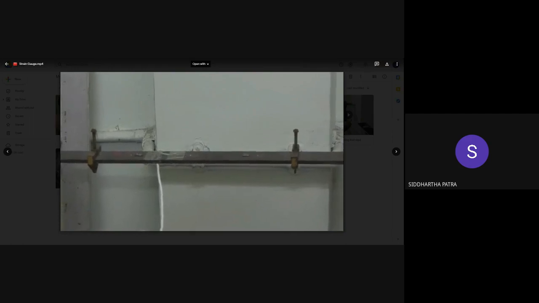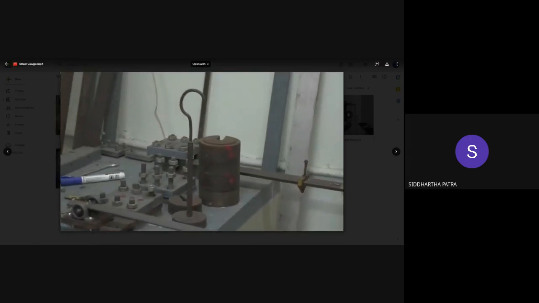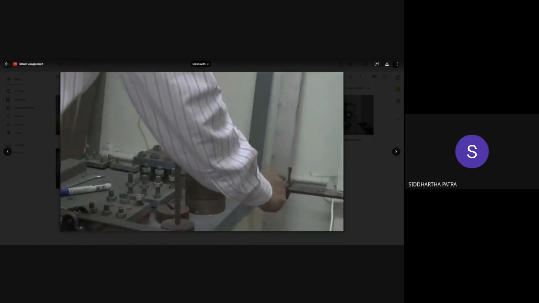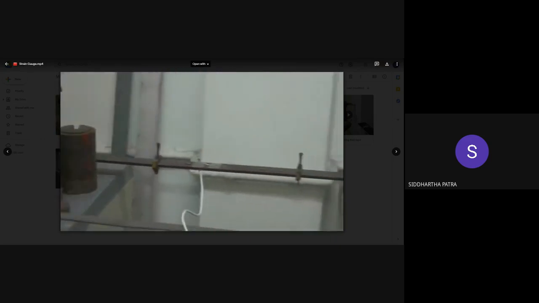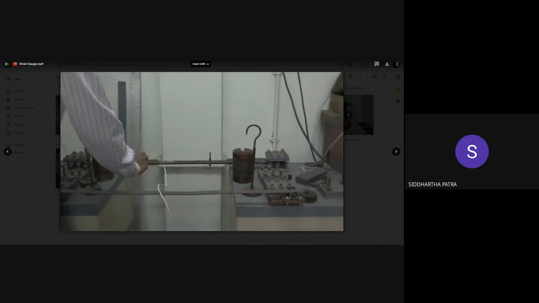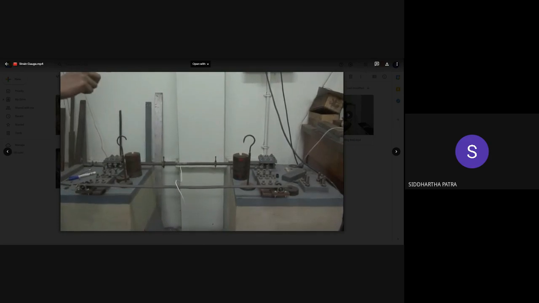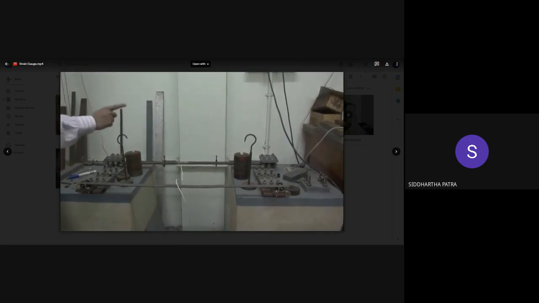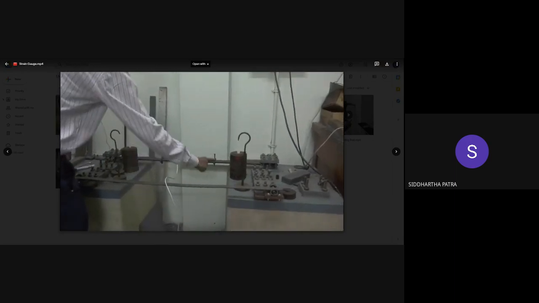Now, under this kind of loading, if we put equal load at these two loading positions, then the portion between these two loadings will experience pure bending. Bending moment will remain constant. As a result, the expected deformation shape of the beam between these 2 points will be a circular arc. That is why the strain will remain constant between this point and this point.